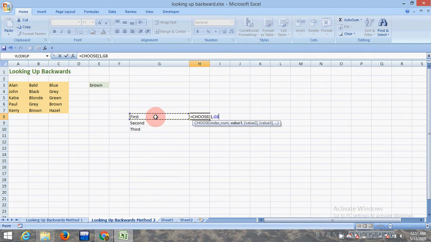Value 1 is this, comma, value 2 is this, comma, value 3 is this. So you see that index number 1 is for G8, index number 2 is for G9 and index number 3 is for G10. The value returned is first.